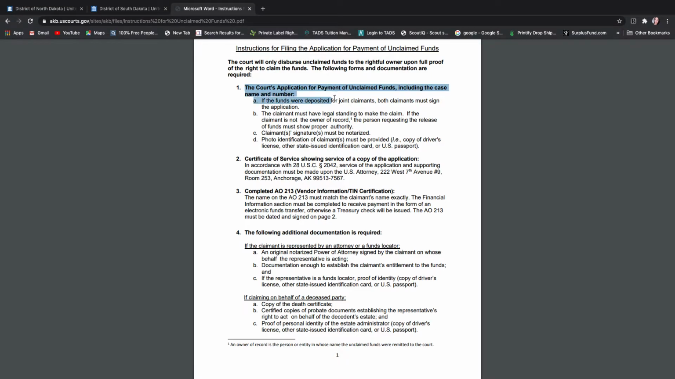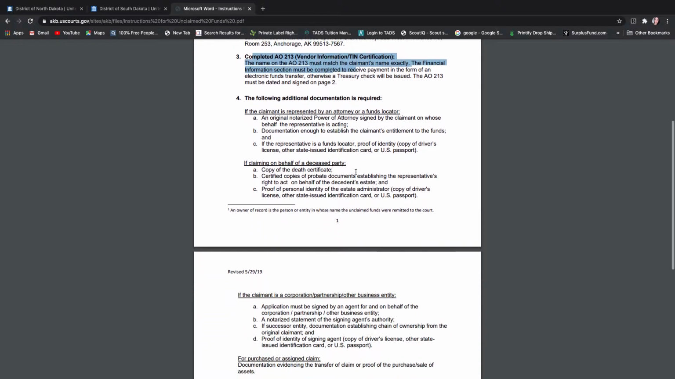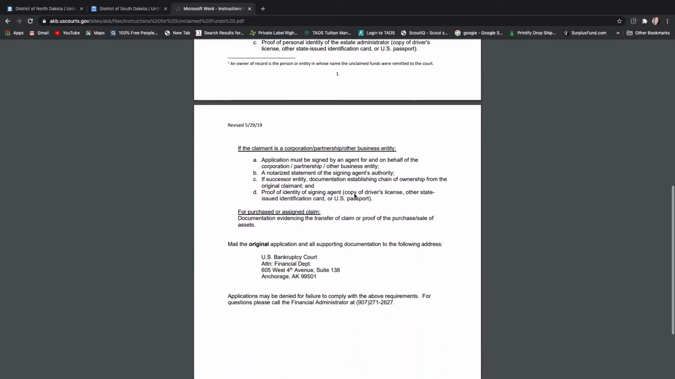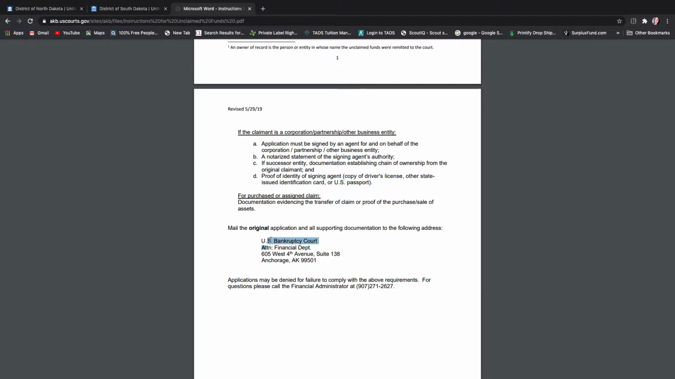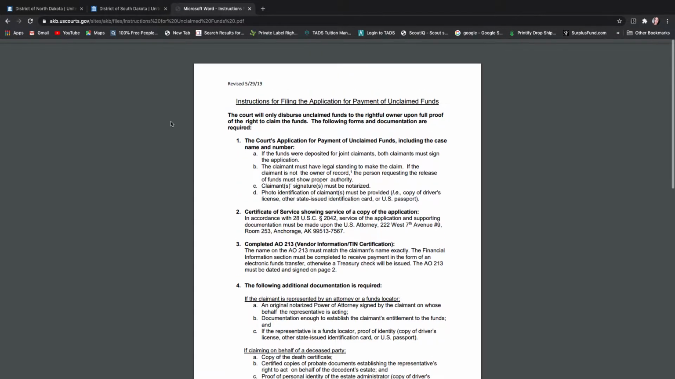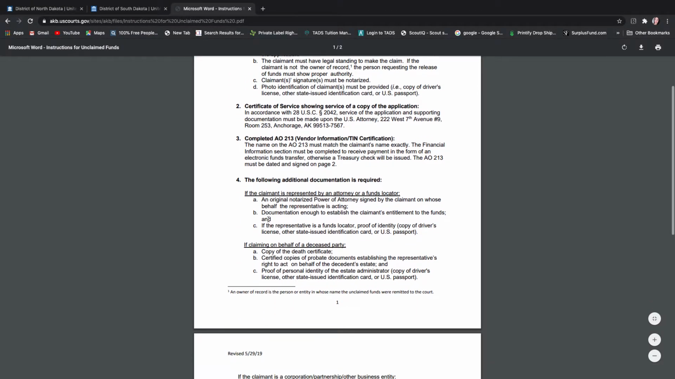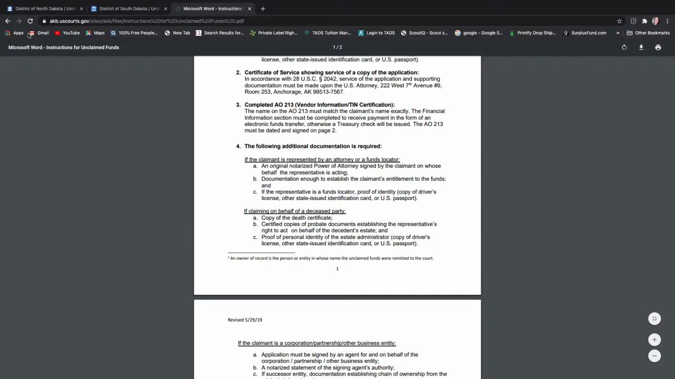So here it's telling you need an application. These are the things you need: a certificate of service, that tax form. It tells you the different types of claimants again that you can pick, and it tells you where to send the original application to, and it has to go to this address. It gives you the number to the financial administrator, and that's here so that you can follow up on it, or if you have any other questions. Again, I cover this in my course on filling in the paperwork and picking which type of claimant you are